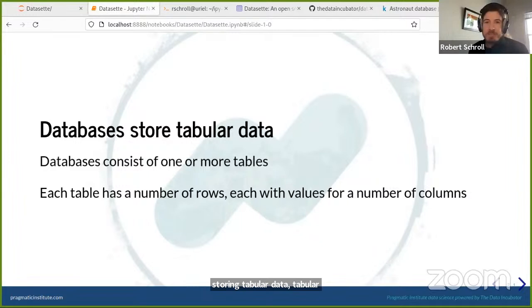Think of these like spreadsheets. In fact, spreadsheets in some ways often end up acting like databases. So each sheet you have in a spreadsheet, that could be a table, and then you have different connections between those different sheets. Together, they form a whole database of these tables. Tables are just a series of rows. Each row has a value in each of the columns that it's supposed to have.